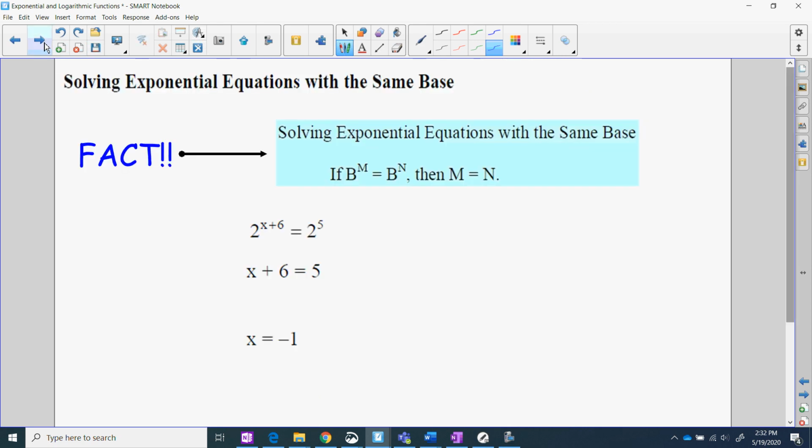Okay, so this will take us to where we want to introduce you to how to solve an exponential equation. If you look at your toolkit of equations, you would have started out